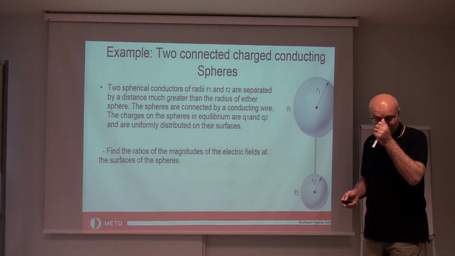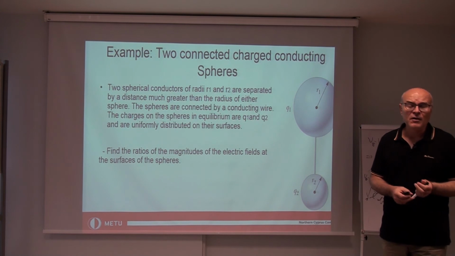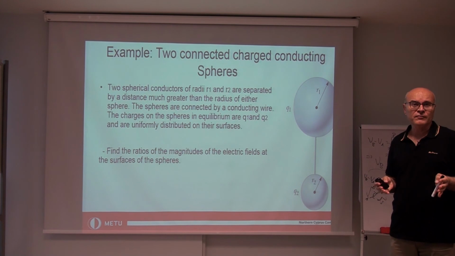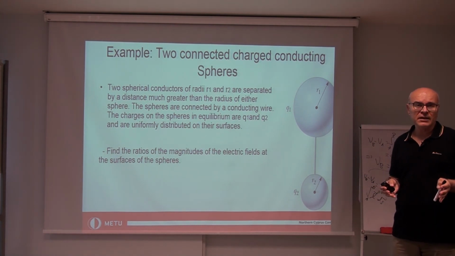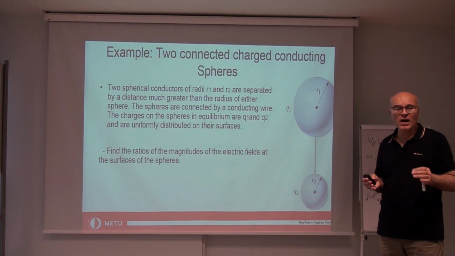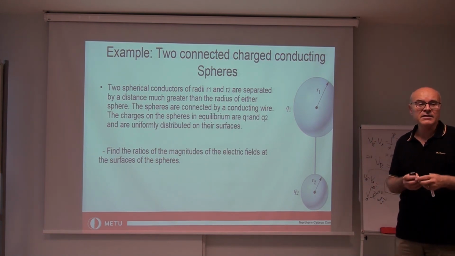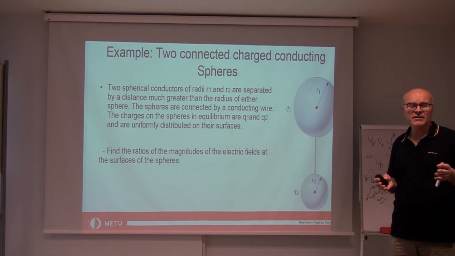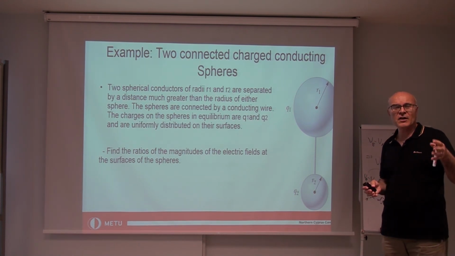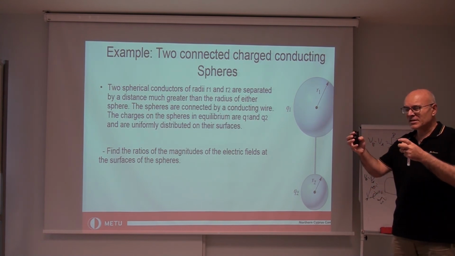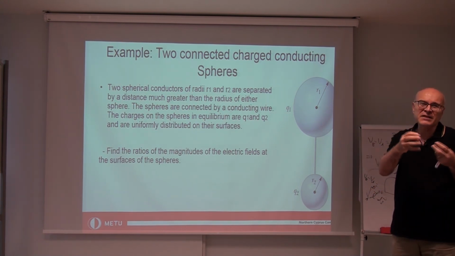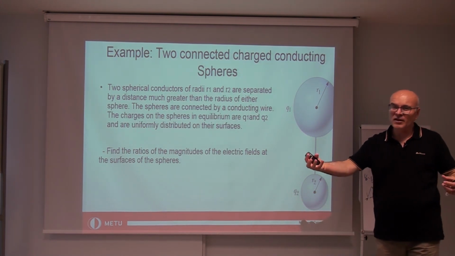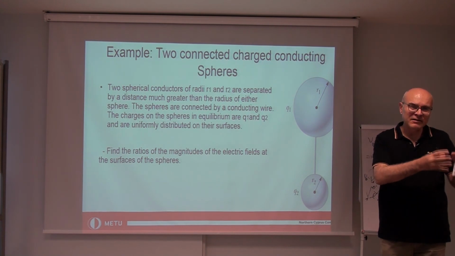Now we consider an example where we have two conducting spheres, one of radius r1 and the other of radius r2. r2 is smaller than r1. These spheres are separated by a distance which is larger than their dimensions, so that the charges on one of them do not affect the charges on the other. This is the assumption. The distance is large enough so that the charge here does not alter the charge distribution